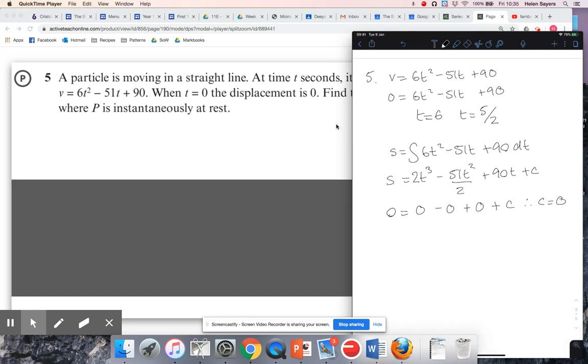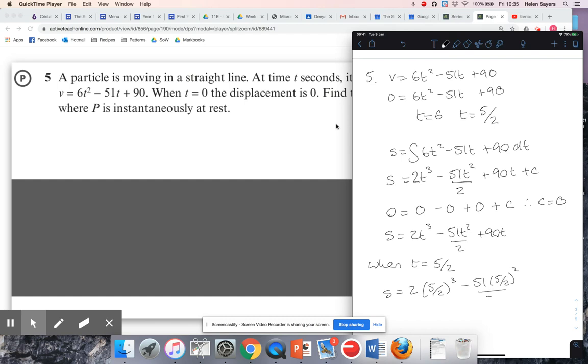Okay, so I've got my full equation for displacement. Okay, so c is just 0. So it wants the distance between the 2 points when the particle is instantaneously at rest. So it's first at rest when t is 5/2. So if I get its displacement at that point,